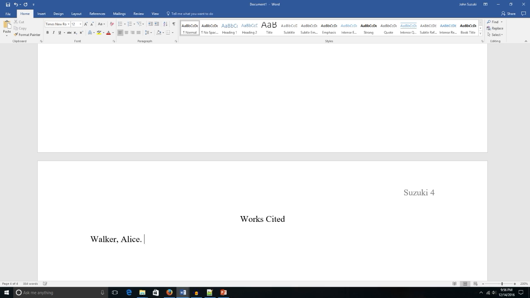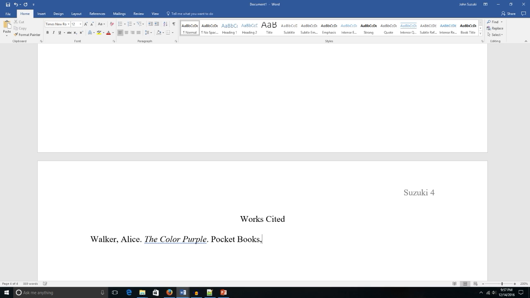We want a space. We want to put the title of the book in italics because it is a full book. So to turn on italics, we can hit Control I, which you can see the cursor change to the slanted version, or you can press that little icon up there, and then type The Color Purple. Every word here is capitalized because The is the first word, and Color and Purple are both important words. And we'll finish that up by turning off italics, Control I again, and putting a period, followed by a space. Now the publisher of my version is Pocket Books, so we'll put that in caps, Pocket Books,